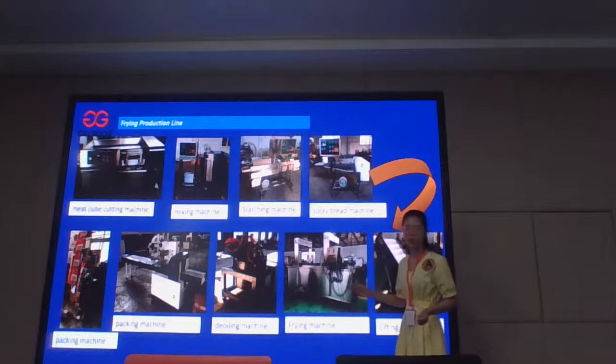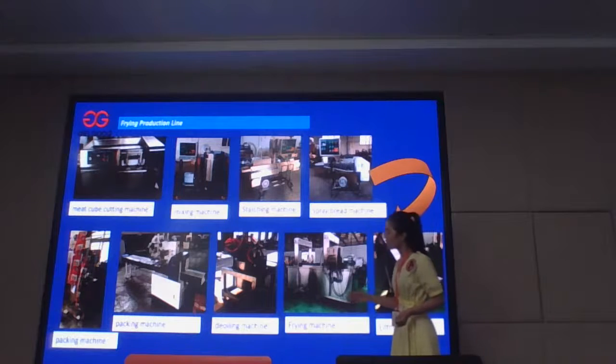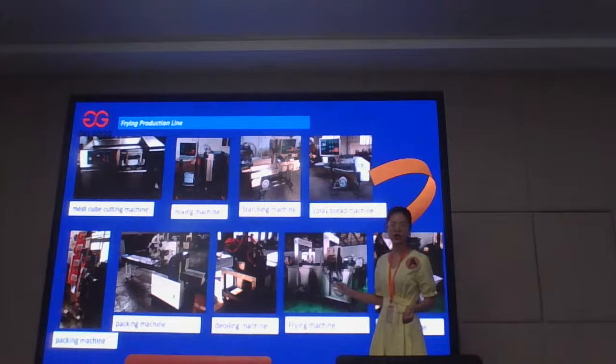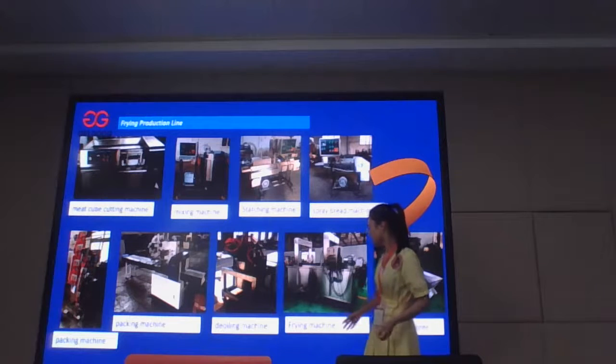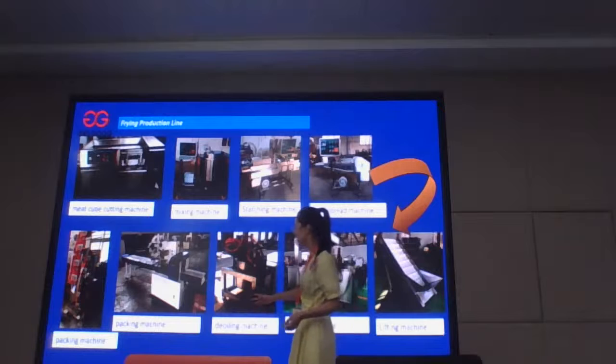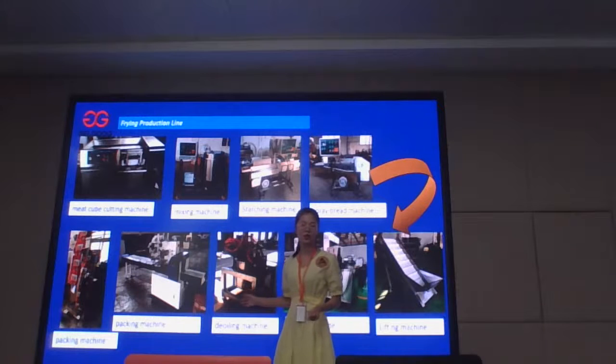This machine can keep the shape of the chicken nuggets. The frying machine also has two heating types, gas and electric, so it can meet your demand. After the frying machine, we'll go to the oiling machine because after frying, the chicken nuggets will